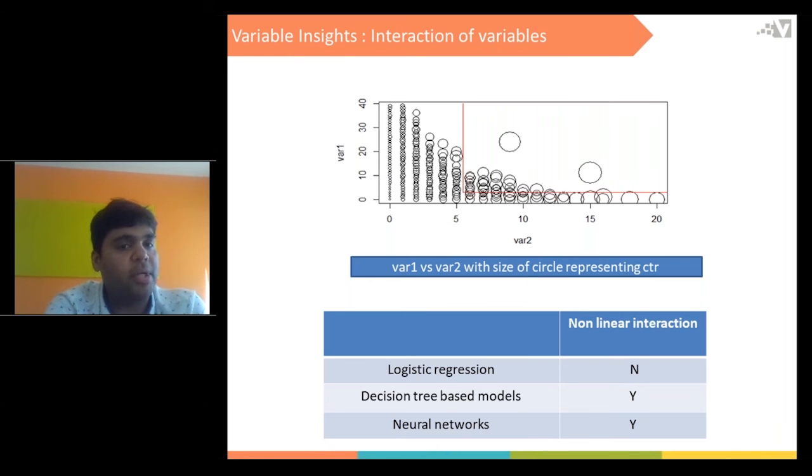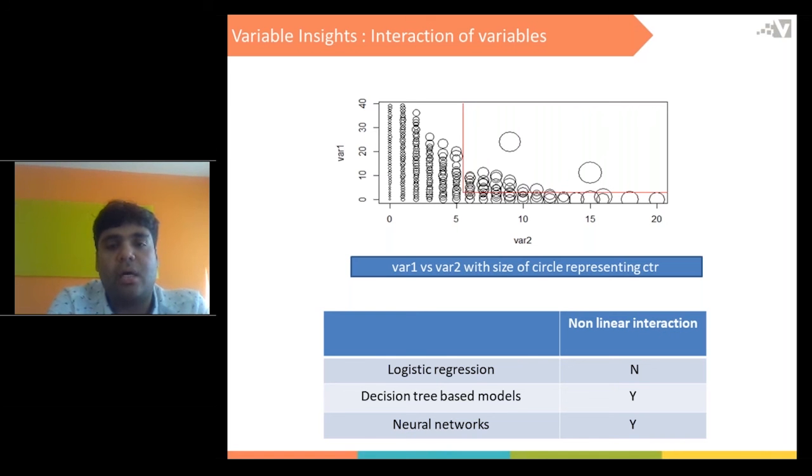As you can see in the right quadrant, the sizes of the circles are non-linearly high. It's increasing at a non-linear rate compared to the left side quadrant or the below quadrant.